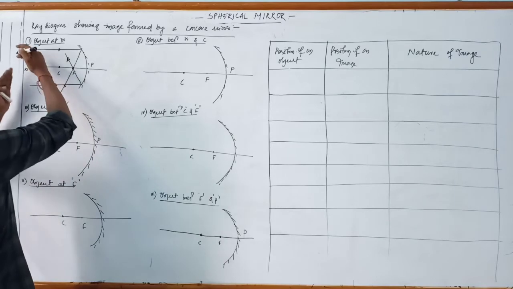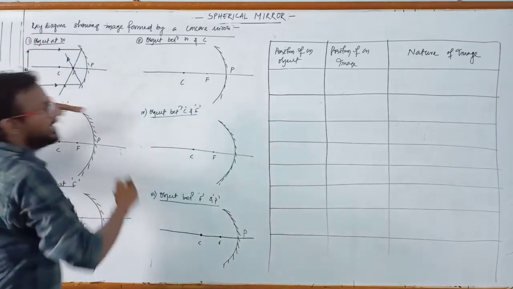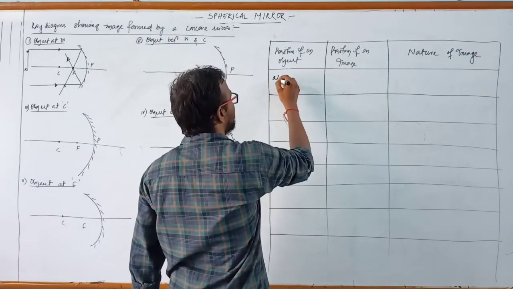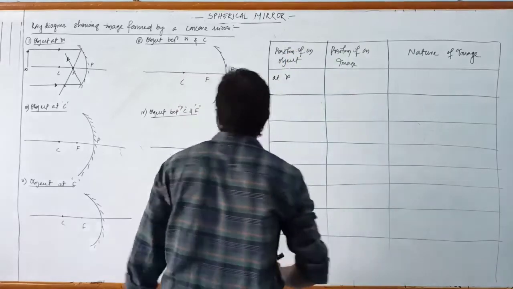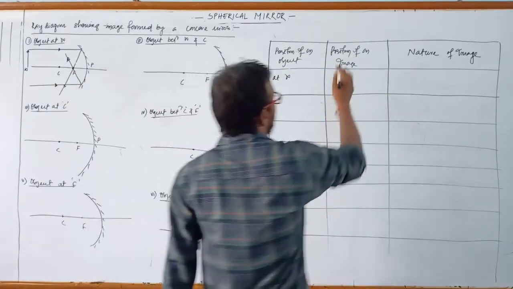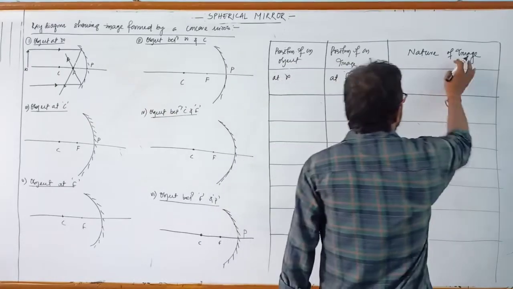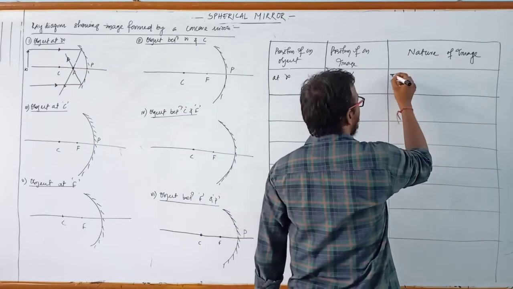So the object is at infinite distance, but the position of the image is at focus point F, and the nature of the image is point size,